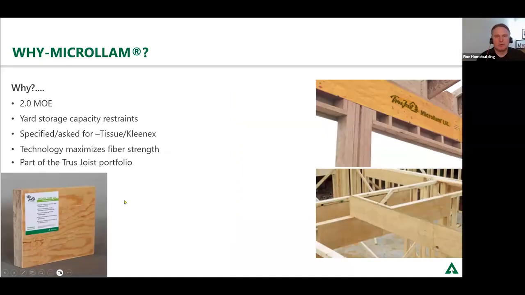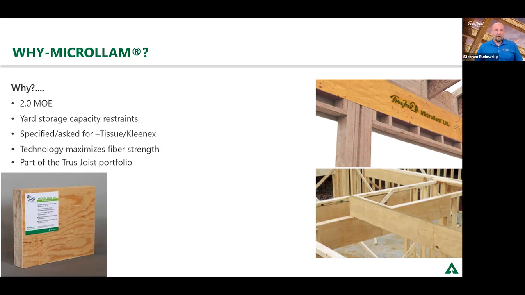Steve, when you talk about the billet that it's made out of, can you speak to that manufacturing process a little bit more? I think that's something that a lot of your boots on the ground carpenters really find interesting. Yeah, absolutely. And what I would say is if a lot of you are interested in this, we have manufacturing facilities in the South, the Mid-Atlantic, as well as the West Coast, and if you ever wanted a tour to see how this is made, I urge you to talk to your territory managers to take you